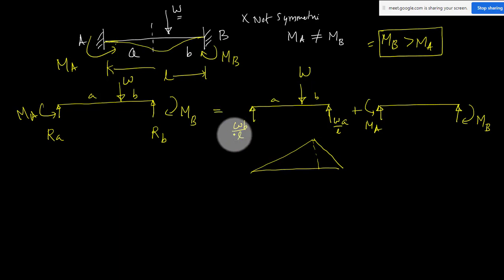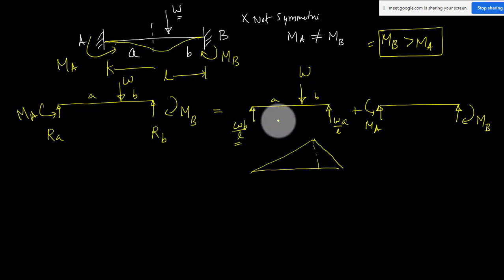Again, you should know this result because it is very simple. If the load is acting near to support B, that means the reaction at support B should be more than the reaction at support A. That is why this is W by L into A, where A is more than B, and here W by L into B. That is why this quantity should be more than this quantity. That is how you should remember. So I can directly write this reaction is WB by L, this is WA by L. If you want you can solve it: just take the moment about B equal to 0.